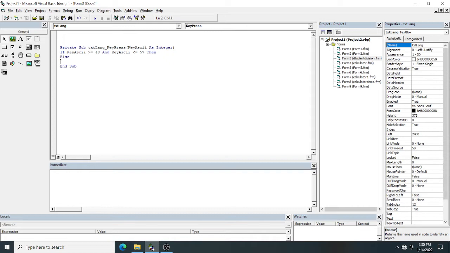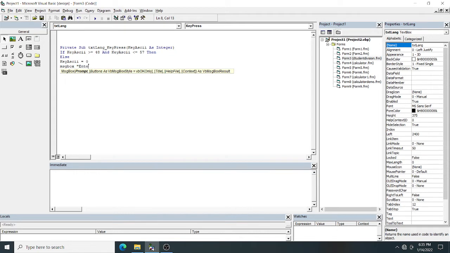Suppose I'm entering an alphabet. The alphabet ASCII value will lie between 65 to 90 or 97 to 122. In that case, I will assign my variable KeyAscii to 0, and I will display one message box: enter digit only.